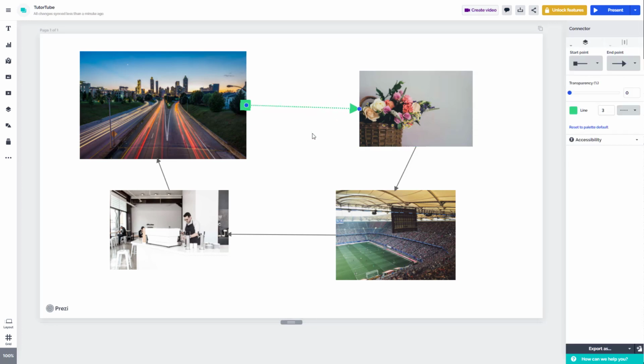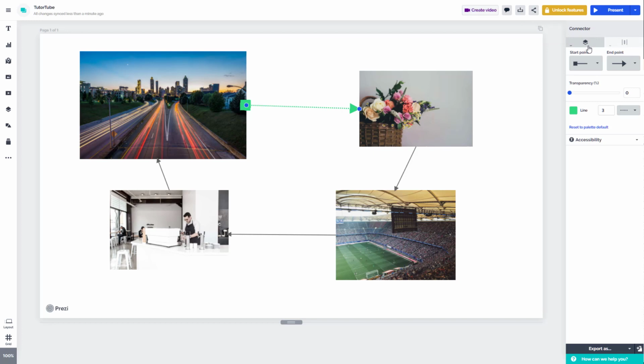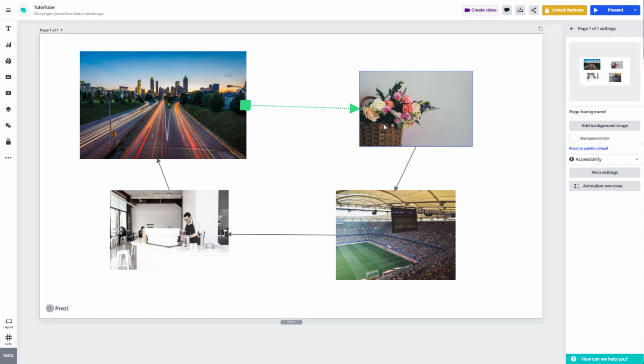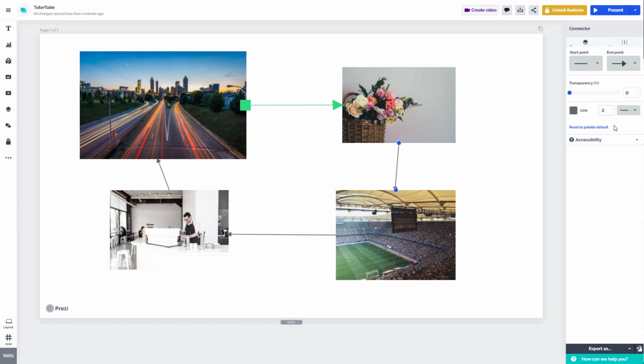What you can also do is select an arrow right here, and then you can arrange its layers, the position. So you can send it back so that it actually goes back, or bring it to the front as well. So you can do the same thing for the other arrows as well. You can set the settings according to how you want. So you can set the end point, set the start point, and so forth